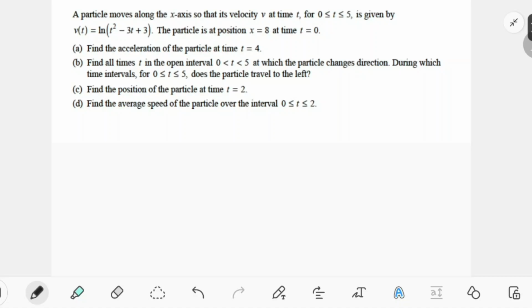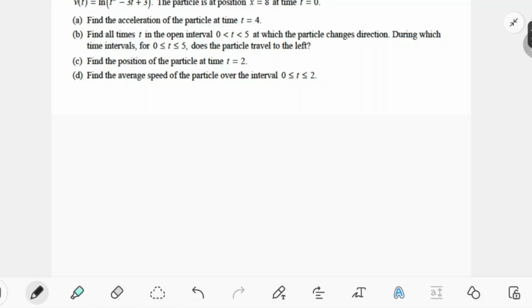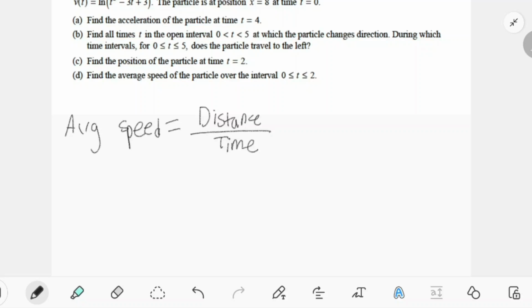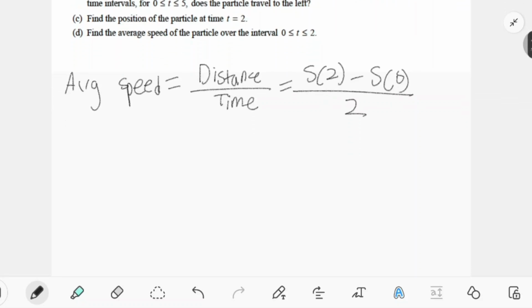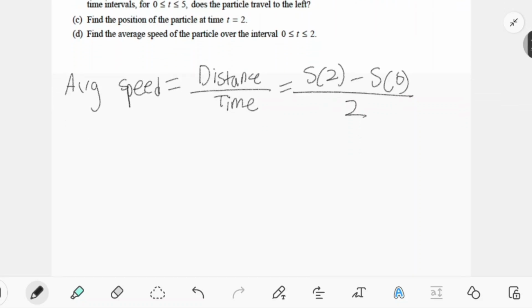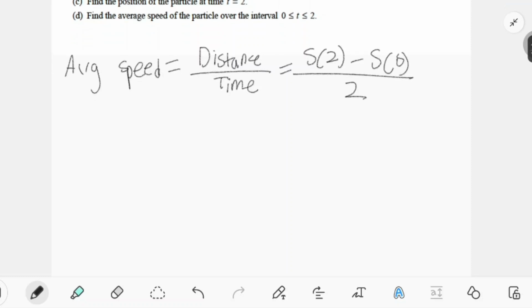In part D, we are told to find the average speed of the particle over the interval 0 to 2. The average speed of an object is the distance that it traveled over the time that it took to travel that distance. In this scenario, that would be s of 2 minus s of 0 over 2. And since we do not know s of t, we will use the given velocity function, the integral of v of t